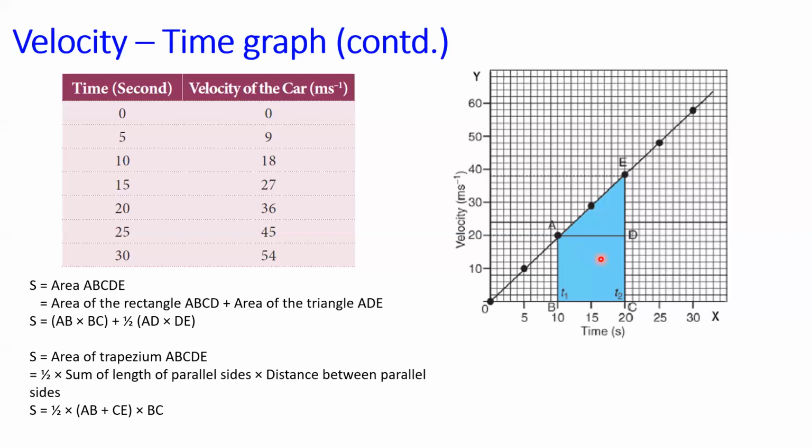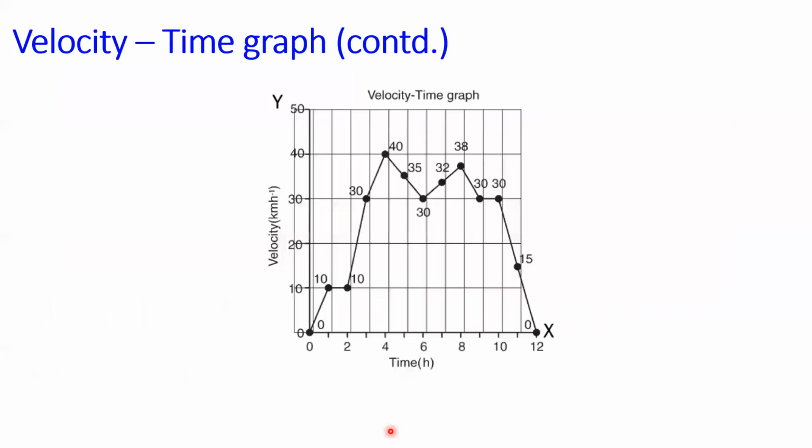Next, you can see the non-uniformly accelerated motion. It is possible for us to draw the graph, but it will be in a zigzag form. That is, it will not be a straight line because the time and velocity are going to be changing. And the next topic will go along with the equations of motion.